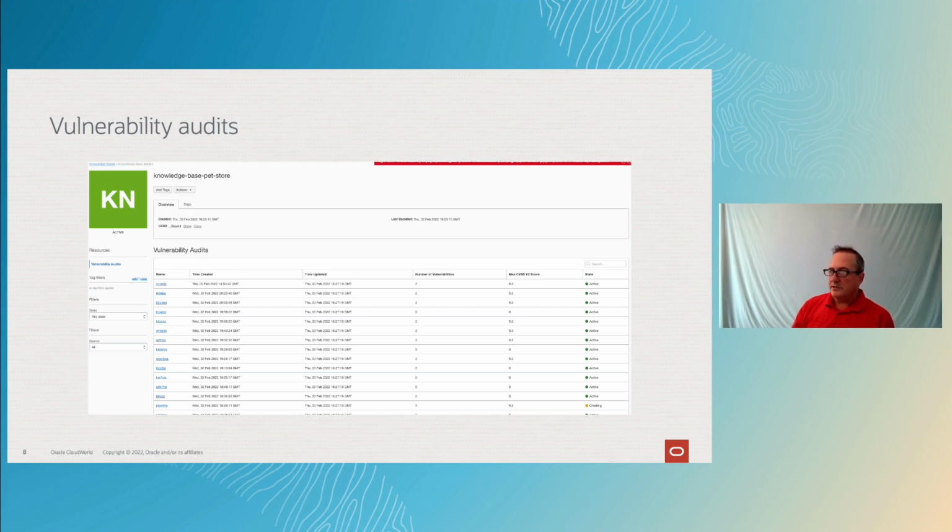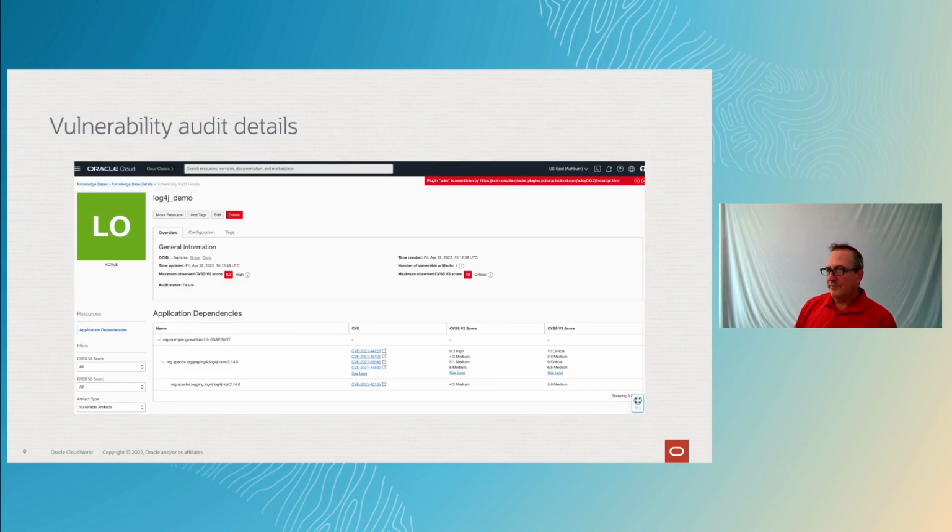So these vulnerability audits are basically just a list here. They each have a name, when they were created. But over on the right, you see the number of vulnerabilities found and the maximum CVSS score, common vulnerability score, that this particular vulnerability was registered with. So the higher the number, the more critical it is. There's a V2 and a V3 coming out of the NVD system, and we are trying to make both available to you. So then if I pick on one of these vulnerability audits, I can go in, I can see